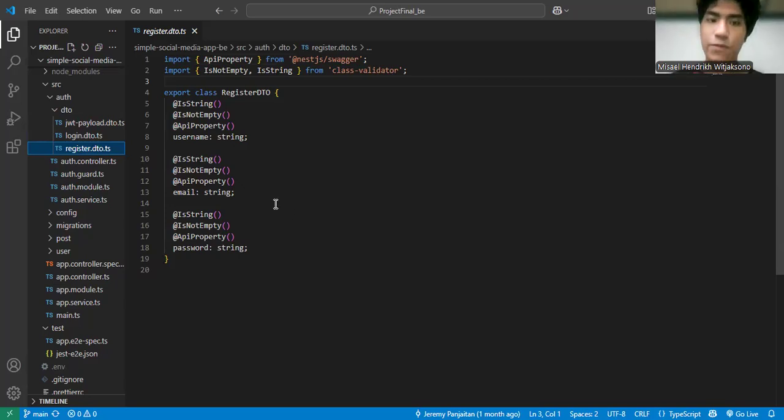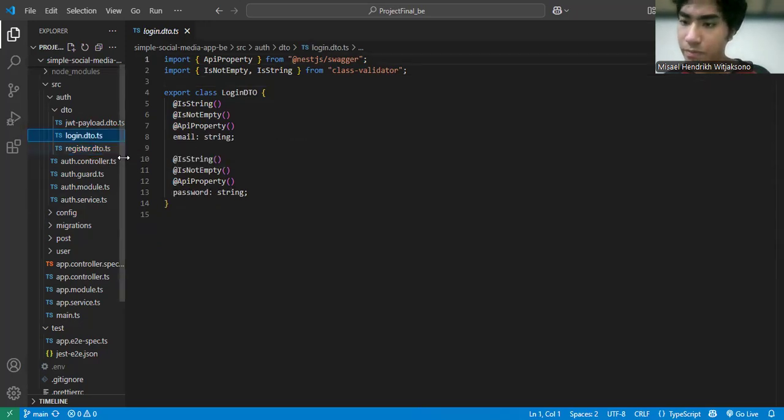Now, next is the API contract for the authentication system, which includes two primary endpoints. First is POST /api/auth/register. For the request body, the endpoint accepts a JSON object with email, username, and password.